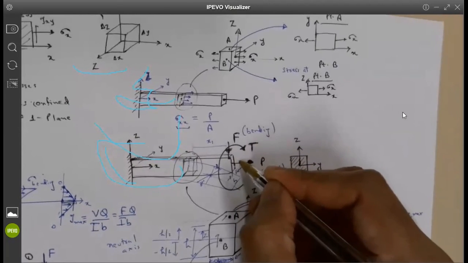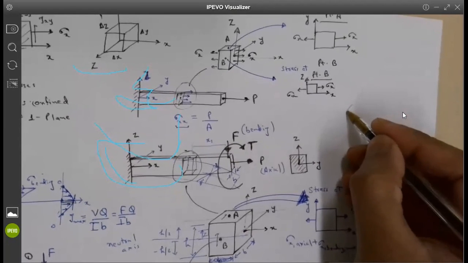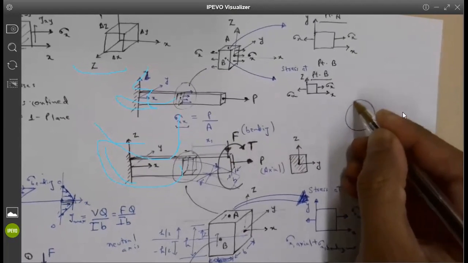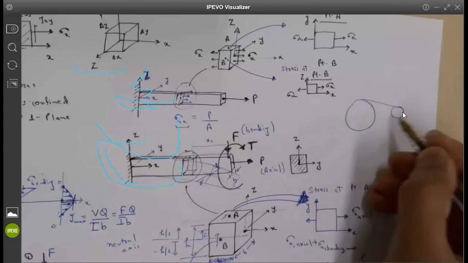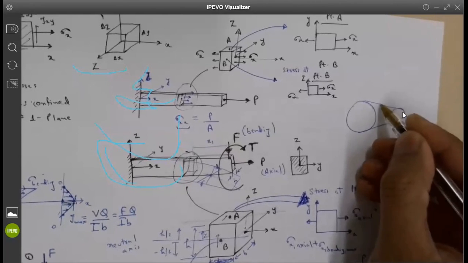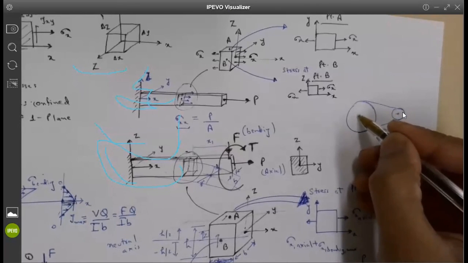This specific scenario does happen in transmission shafts. Suppose you have a transmission shaft with two pulleys that basically have some transmission happening through belt drives. So this is basically a